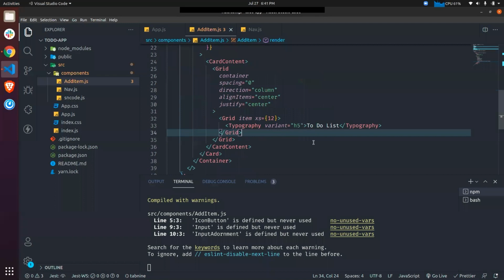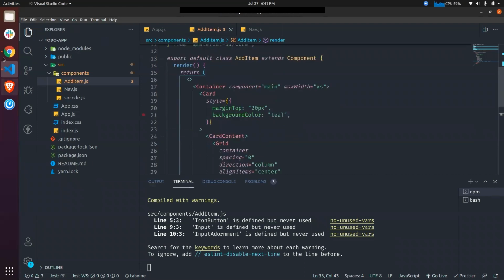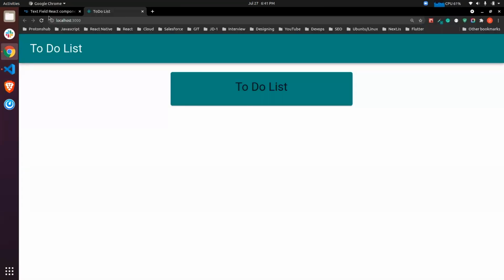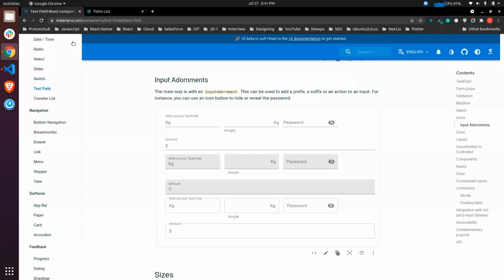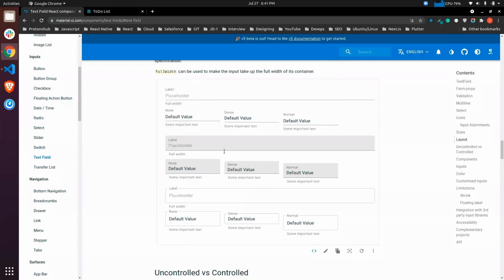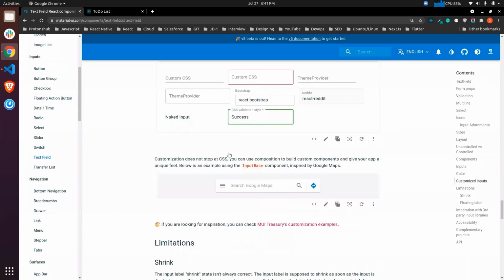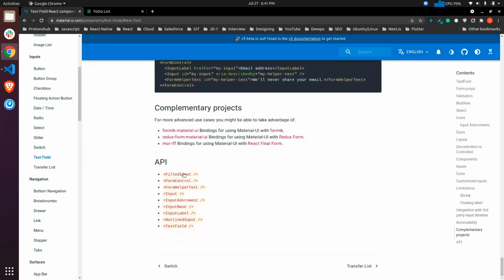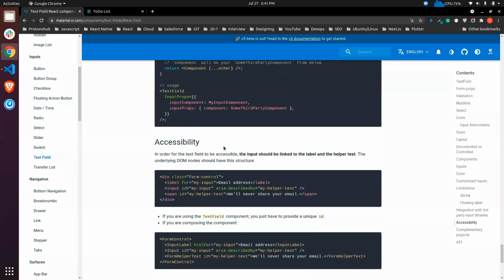We can either write style every time, or what else we can do is, if you go to the documentation of the Material UI, you can see that at the bottom of every component you have this API, right?